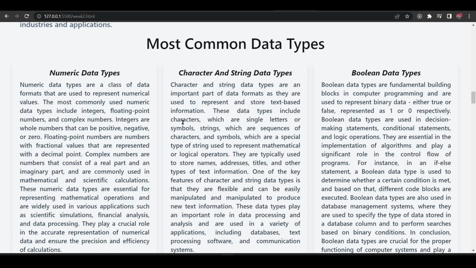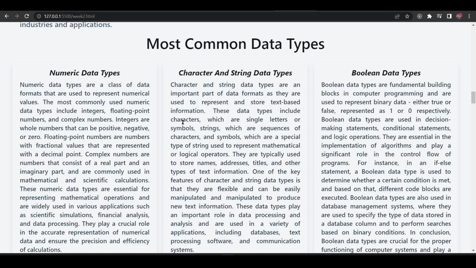These data types include characters, which are single letters or symbols, strings, which are sequences of characters and symbols, and operators, which are a special type of string used to represent mathematical or logical operators. They are typically used to store names, addresses, titles, and other types of text information.